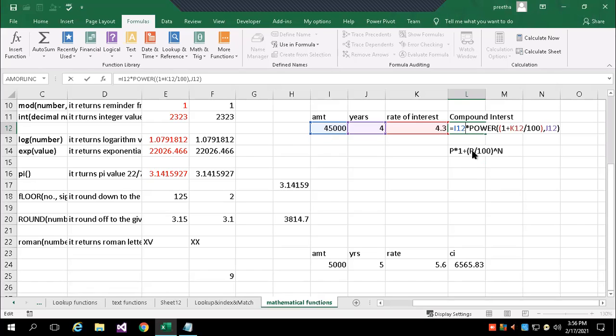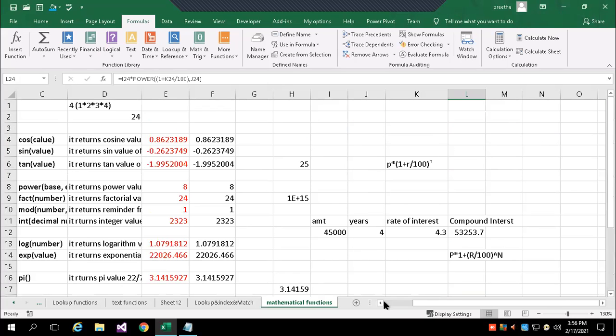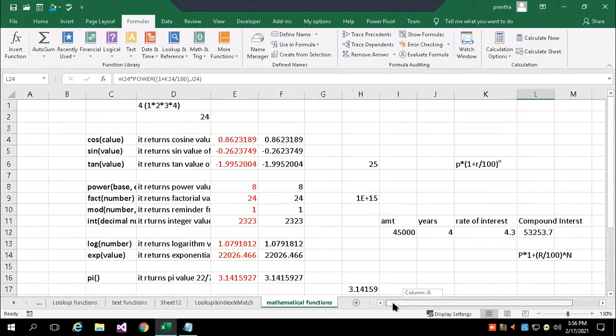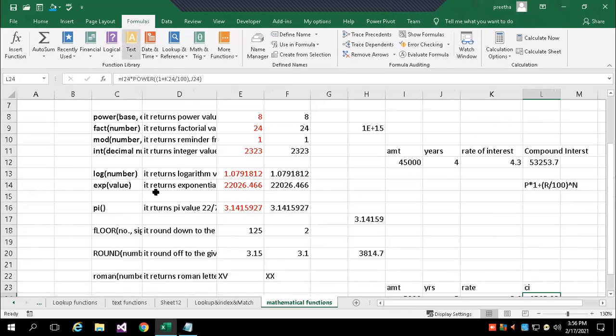I12 into this whole, this is the base, this is the power. Power of 1 plus K12 by 100, whole to the power of J12. So I used the power function here for base and exponent. Okay, so these are all mathematical functions: cos, sine, tan, power, factorial. So go through these functions.